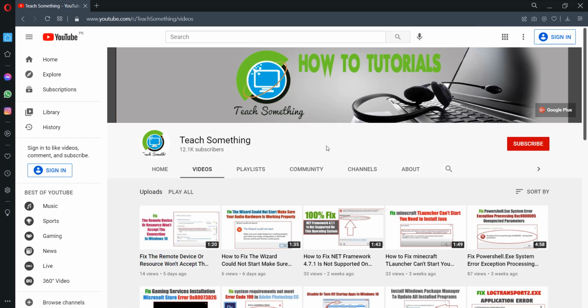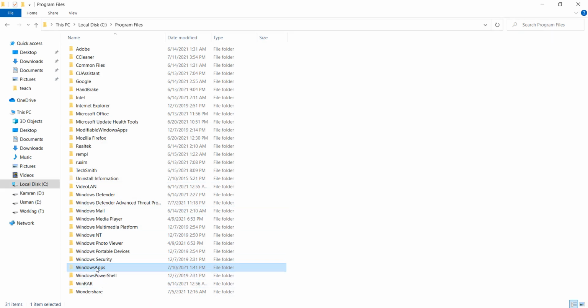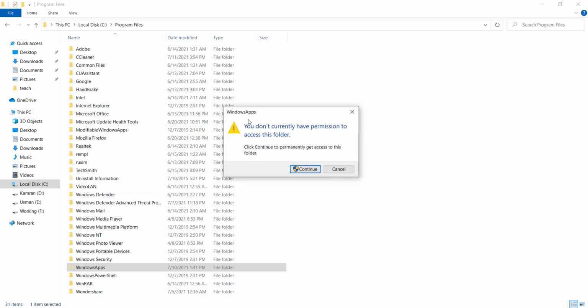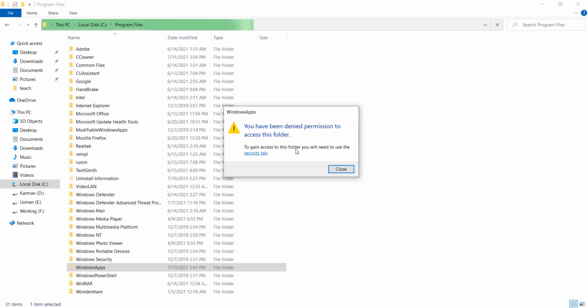So let's start. Okay guys, first of all I want to open this folder, like this WindowsApps. Open it. Now you can see that an error is shown: "You do not currently have permission to access this folder. Click Continue to get permission to access the folder." So how can we fix this issue? Go to Continue. After that you can see, "To gain access to this folder, you will need to use the